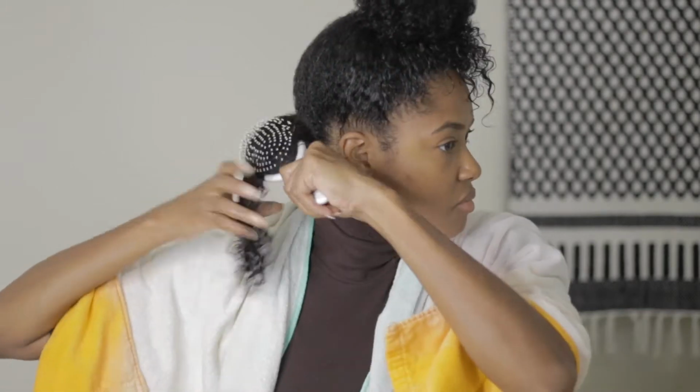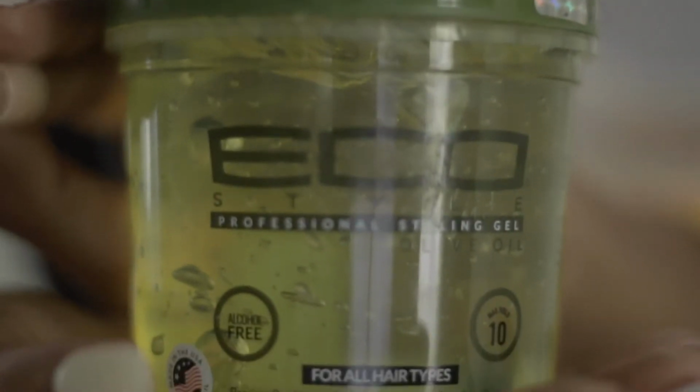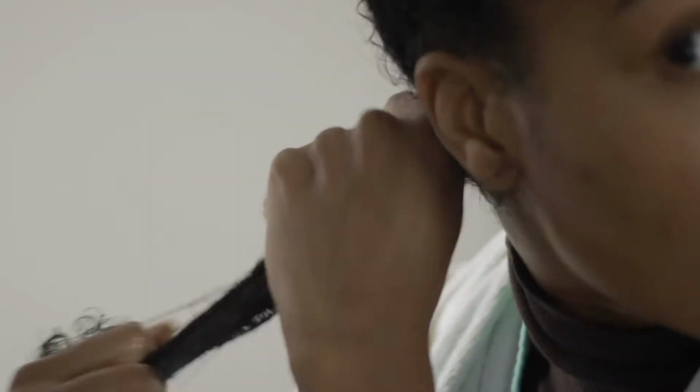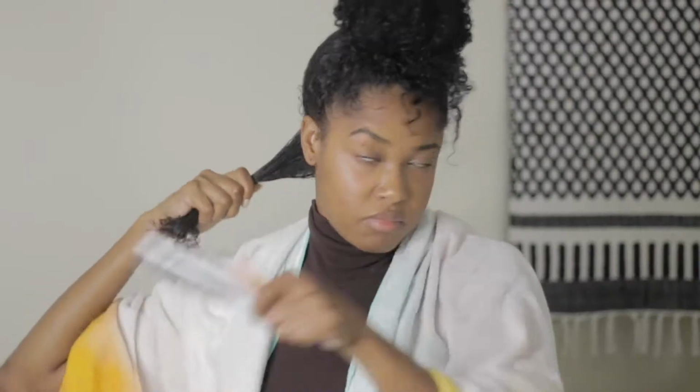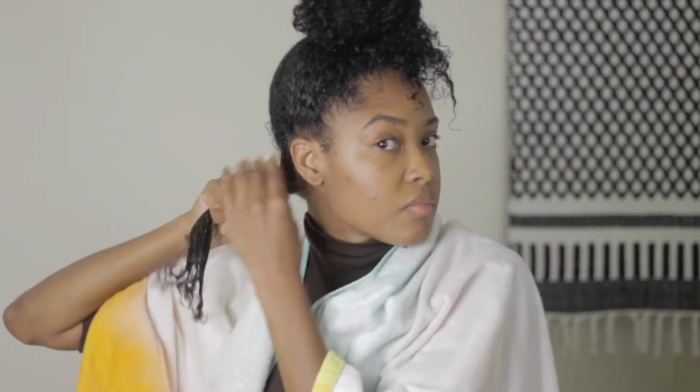All the products aside from the olive oil are Shea Moisture products. Oh, and the Eco Styling Gel, I forgot. They have healthy, good ingredients in their products, and the price is pretty affordable. Otherwise, I like my y'all, but their products are a little bit expensive for me to be buying regularly. So once I put the curl enhancing cream on, then I do the Eco Styling Gel, and then